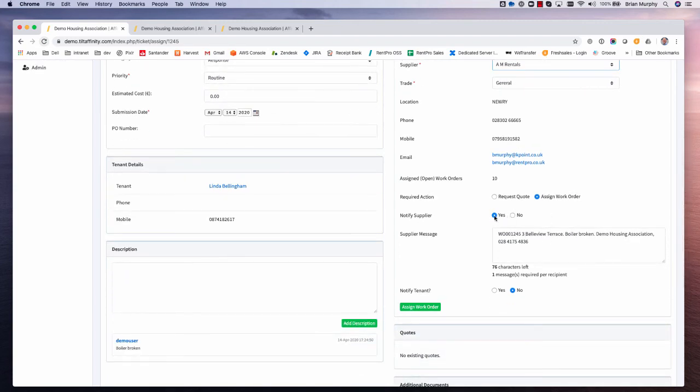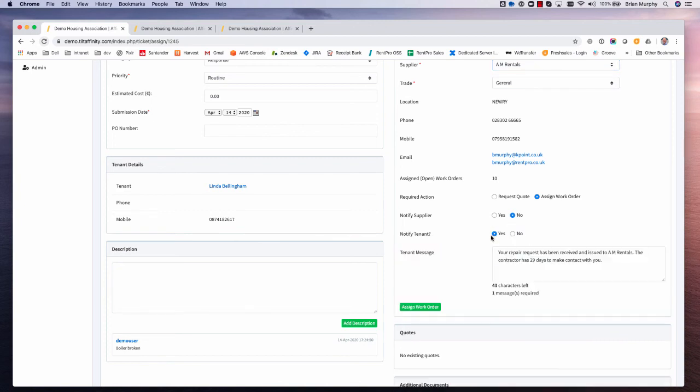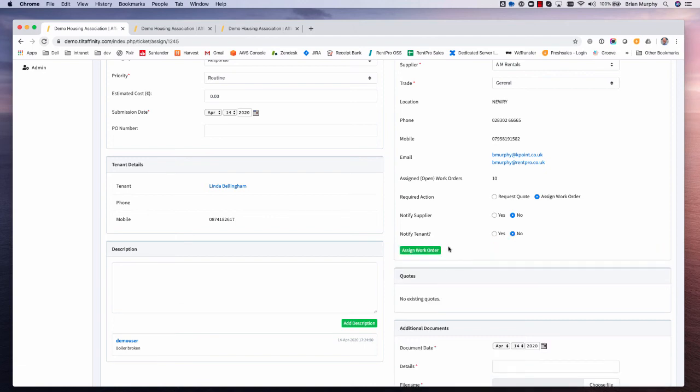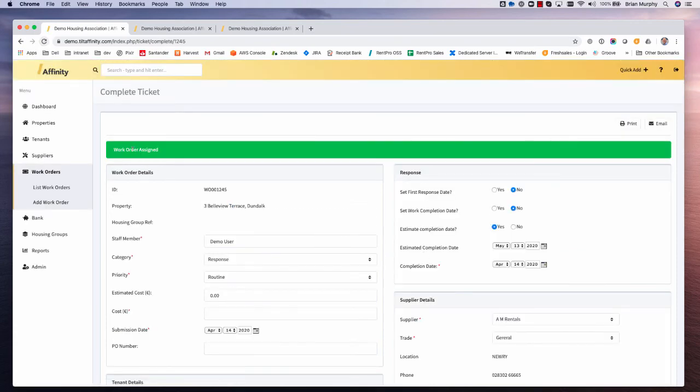We've got an option here to notify the supplier via text message. I'll turn that off. We also have an option to notify the tenant that we are processing the work order, who the supplier is that's going to be working on this particular activity, and how soon the tenant should expect a response from that particular supplier. Again, I'm going to turn that off. So I'm going to click on assign work order and it moves to its next state, which is an assigned